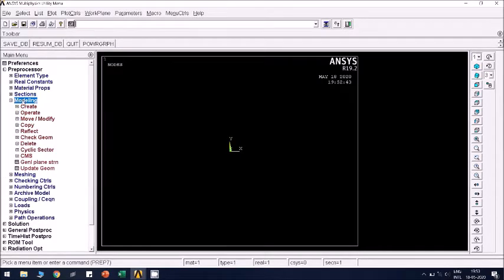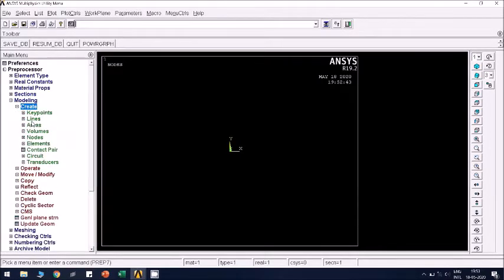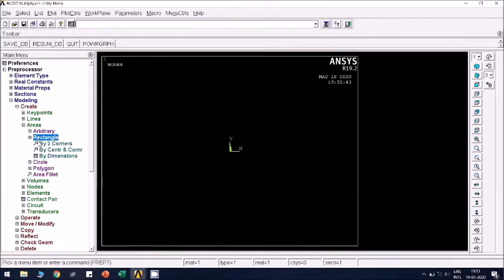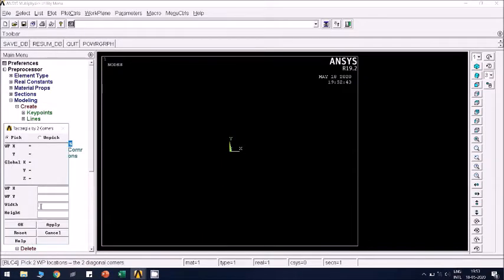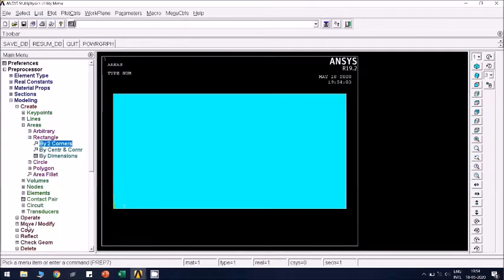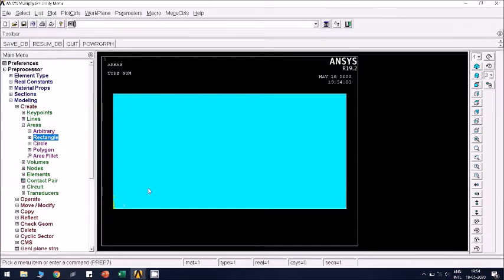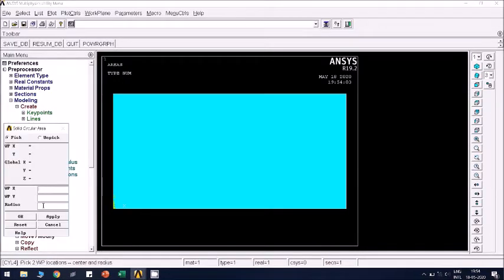We have to model the geometry. Create areas, rectangle by two corners. For width you enter 100 because we are modeling only 1/4 of the geometry. Height as 50. Okay. Now we have to draw a circle here and subtract the circle from this rectangle. So draw the circle, solid circle, radius 20.